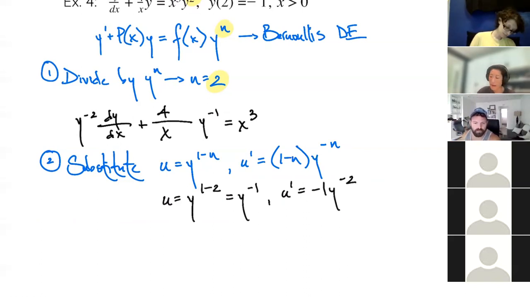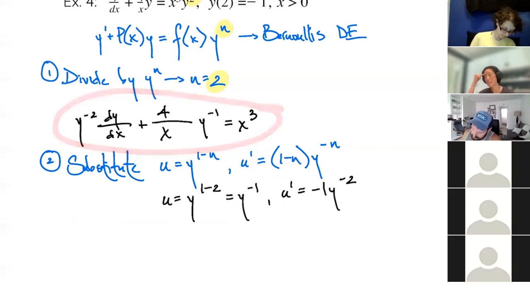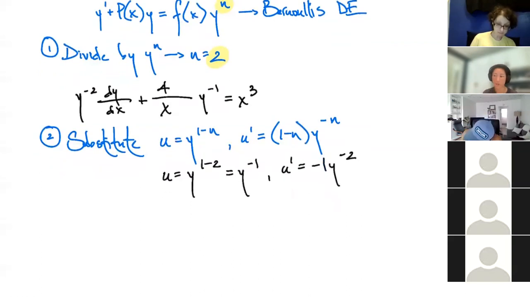And since we're using power rule, that's kind of why, if you notice in that division step, I kept it as a negative power, because the negative power makes it easier for me to see what my derivative is, instead of sort of converting it to a fraction and then having to convert it back to use power rule, okay? So now that we have our u and our u prime, we can substitute this into the equation that